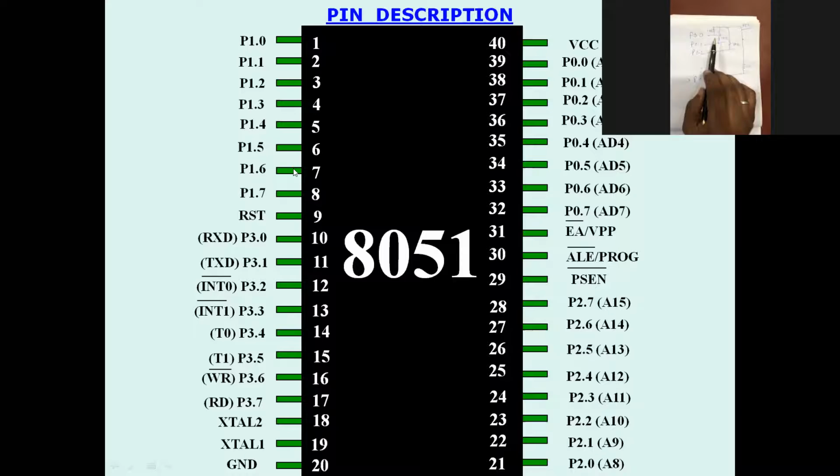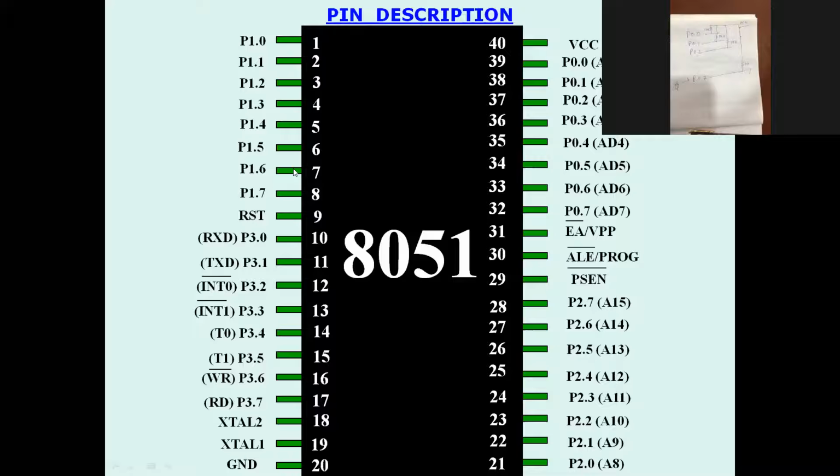If you do not give this pull up, this is called pull up resistance, or you cannot give this voltage, then it will not work. If you give 0, then the output will be 0. If you give a 1, then the output is also 1. But whatever power is required to drive a circuit is not possible to deliver, because it also works as AD0 to AD7.